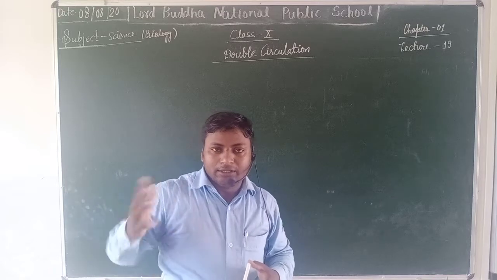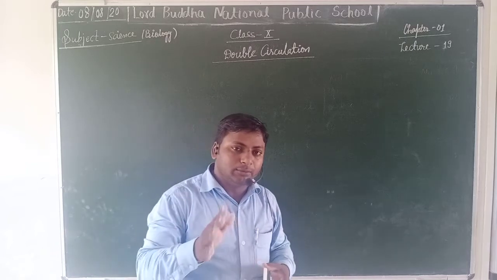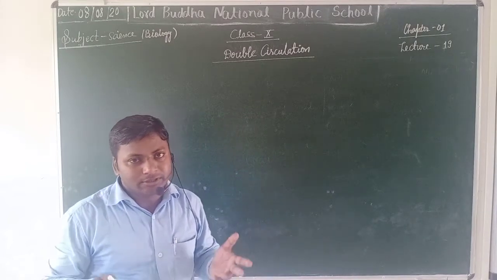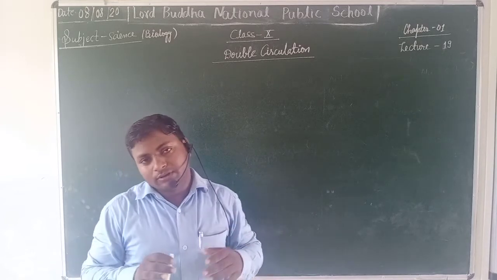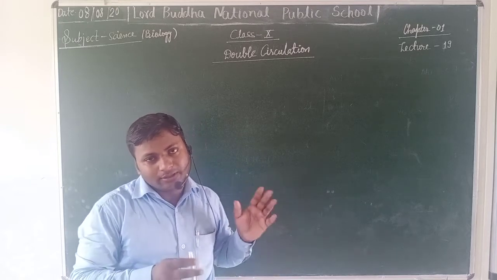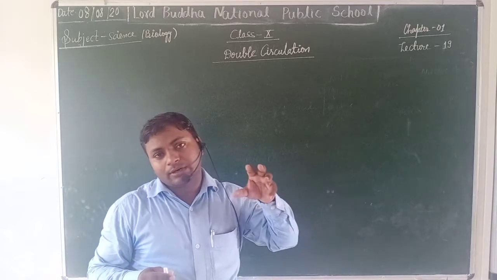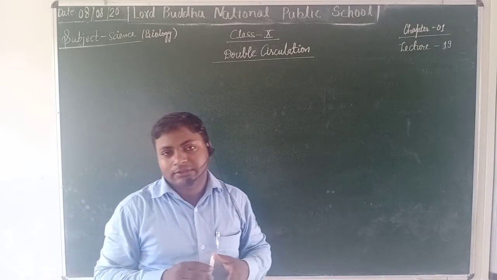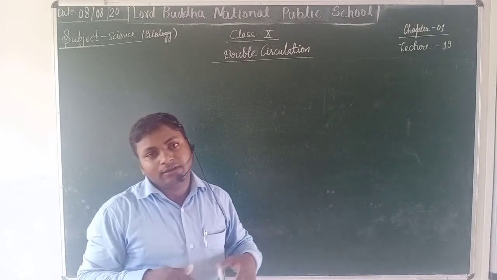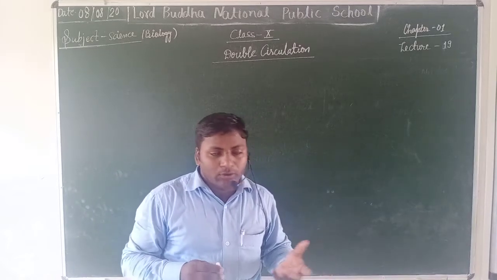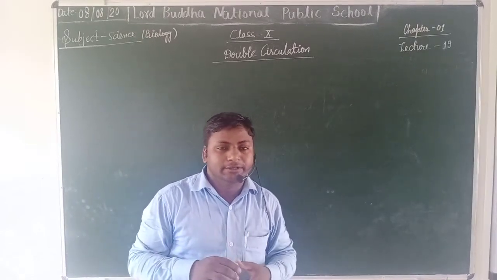I also explained that in the right half of our body, venous blood, meaning deoxygenated blood, always flows, because from the different parts of the body the blood is collected with the help of the superior and inferior vena cava, first of all into the right atrium of the heart. Then from there it goes to the right ventricle, and from there into our lungs with the help of the pulmonary trunk, or you can say the pulmonary artery.